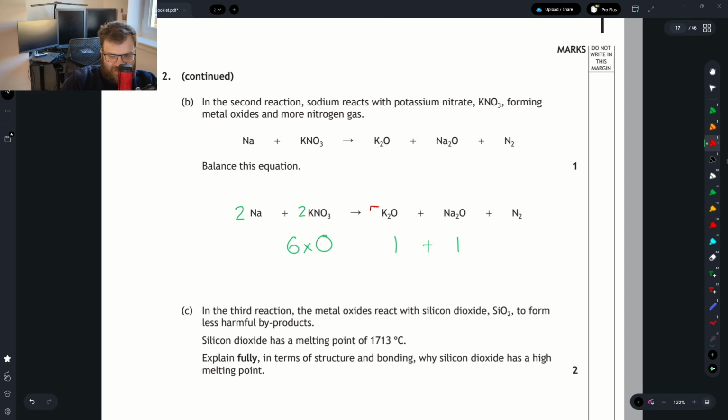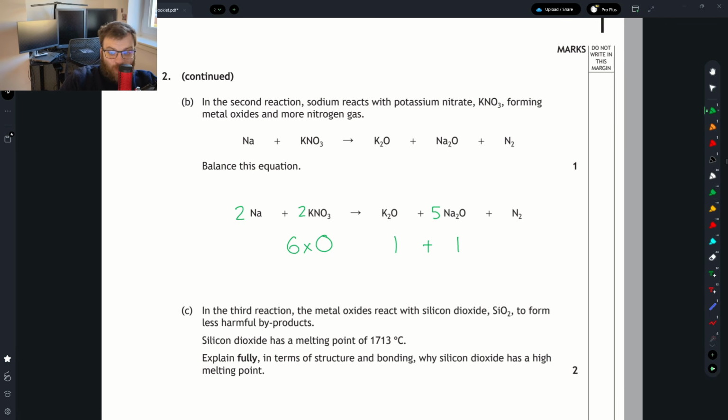If I was to put a 5 in here, that would bump this up to 5. However, I've now got 10 potassiums. So I would need to put a 10 here. But that would have the knock-on effect of messing up the nitrogens, but it would also mess up the oxygens here as well. So I'm leaning towards dealing with putting a 5 in front of the